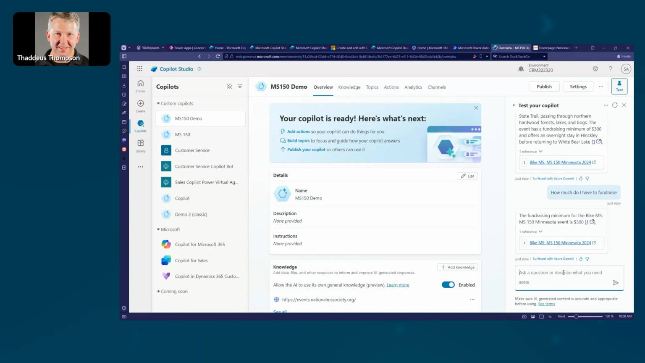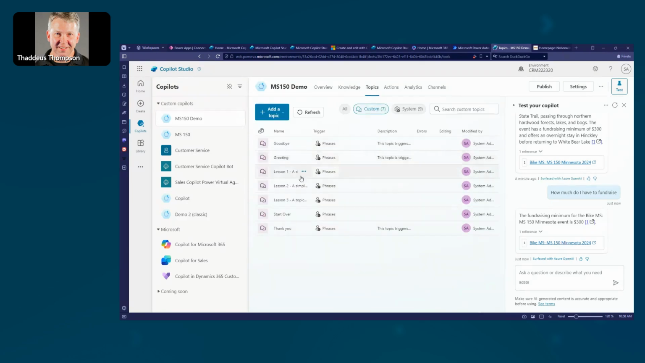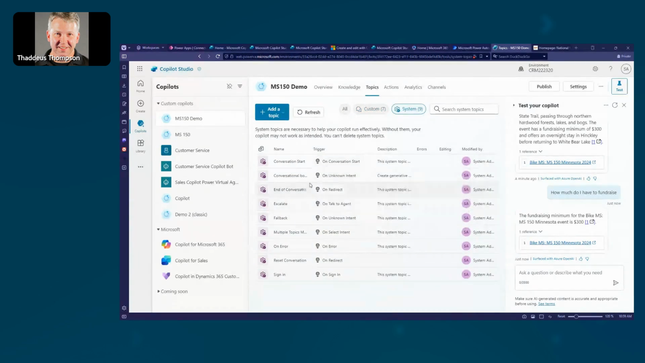All right, now let's say, in this case I'm kind of cheating. I'm pointing at a website, but let's say I am the MS Society and I want to have a Copilot that can allow someone to register for the event simply by going to my Copilot. So what I'm going to do is go to topics. You can see some of the ones that are here out of the box. Goodbye, greetings, start over. There's some lessons, some sample ones. We have these